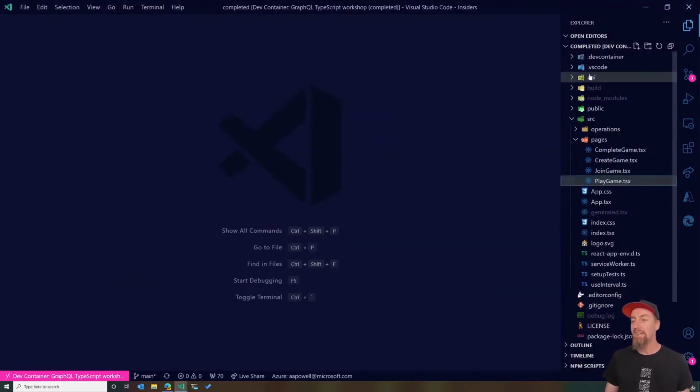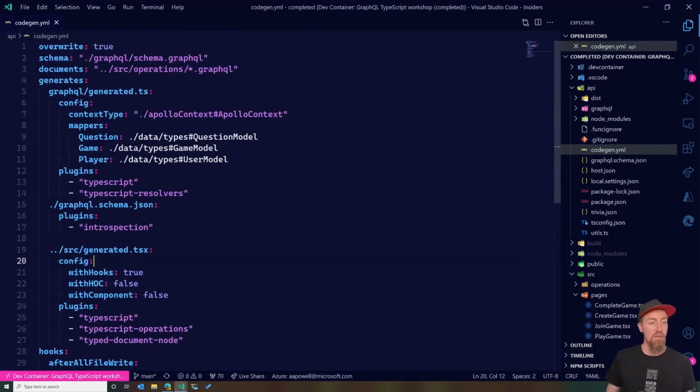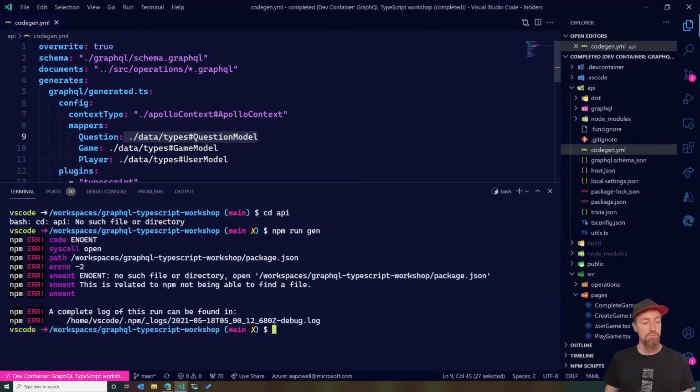Let's come into API, CodeGen.yaml, and if we have a look here, I've configured my code generator, so it's got some context. Come back to that in a moment. But most importantly, we have mappers. This mapper is saying when you find a GraphQL type of question, we're going to use our question model type, which is defined in TypeScript. If we do npm run gen here,